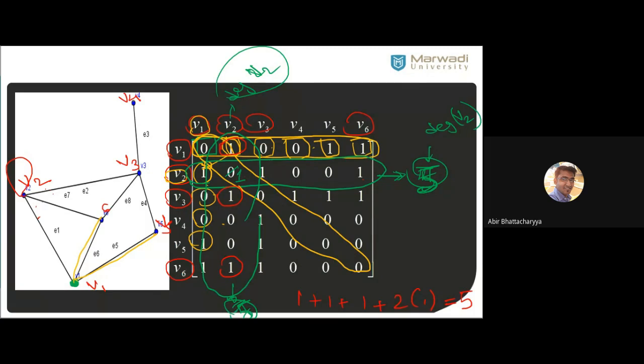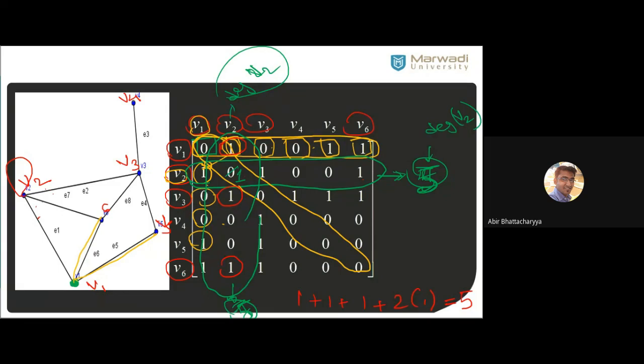You have to use 1 in exam. Don't use 2. You have to use 1 in the diagonal. Whenever a self loop is there, put 1 in the diagonal. And to calculate the degree, just multiply 2 times 1, only in that position. In other positions, there is no problem. If you have a simple graph, there is no problem. The problem occurs only whenever you have a self loop.